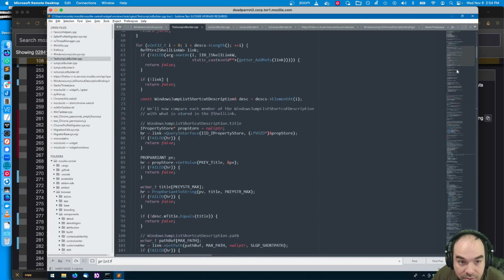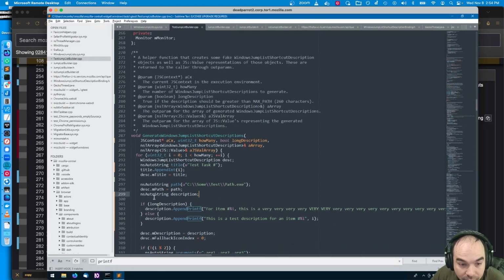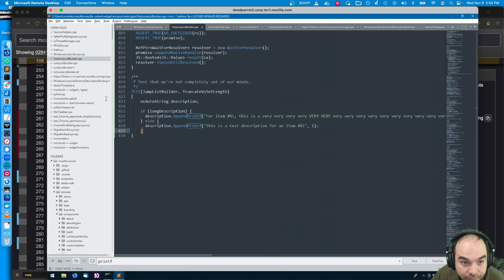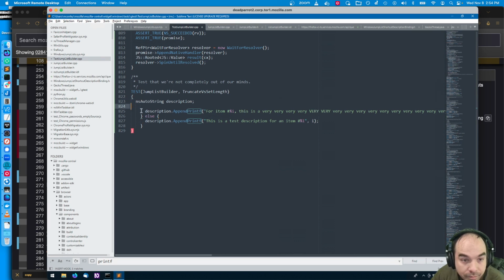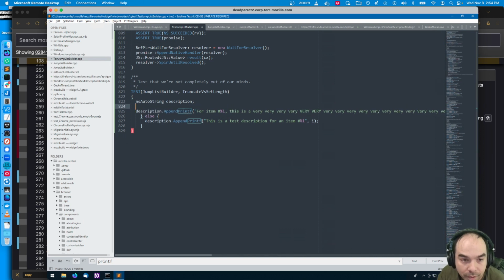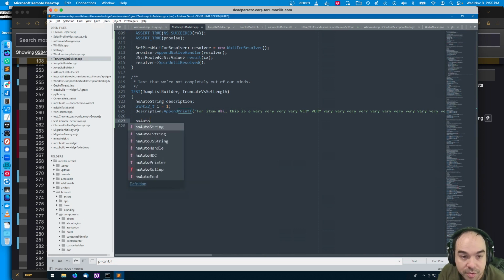We're going to create an NS auto string, T equals 1, whatever, just so it is happy. And then an auto string copy equals,